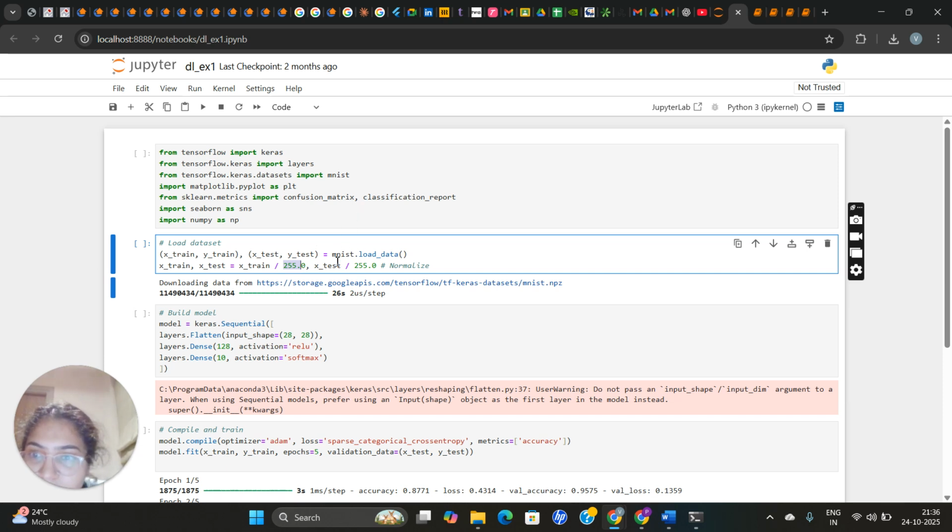And here we are using flatten and dense. Each image is 28 by 28 pixels, that is 784 features if you multiply it. Then we are using reshape. Reshape will convert each 2D image into a 1D vector, and -1 means it will automatically adjust the number of rows to match the dataset size.